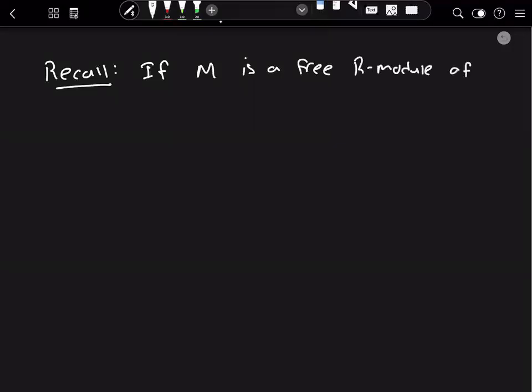Okay, so today we are going to continue our discussion about modules, and in particular the fundamental theorem of finitely generated modules over a PID. If we recall that in the last video on this subject, we proved a statement about submodules of free modules. In particular, if we recall from the last video, if M is a free R module of finite rank